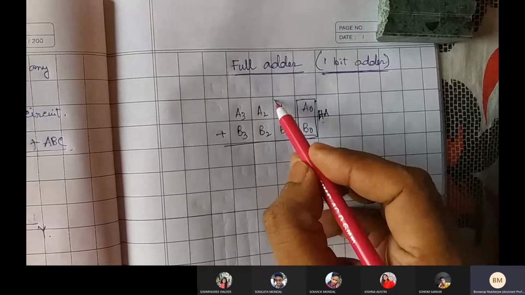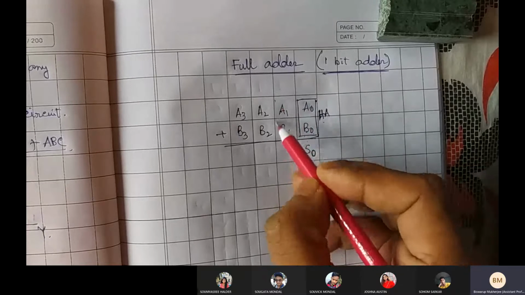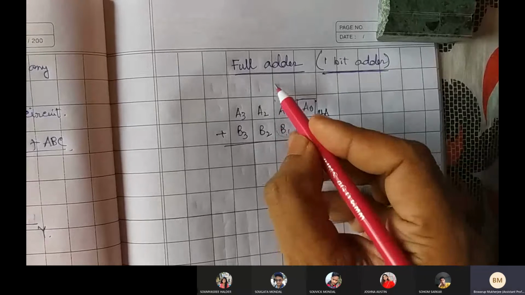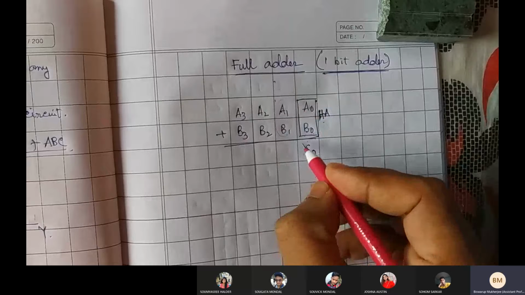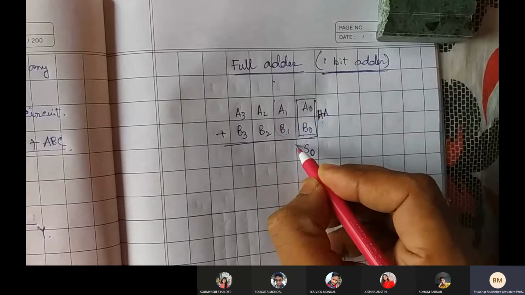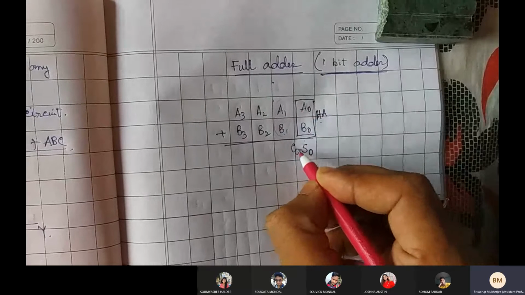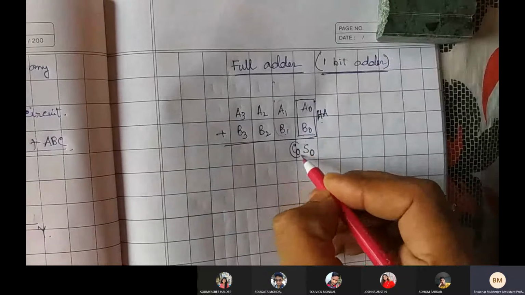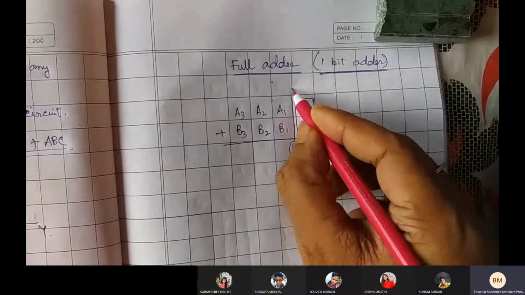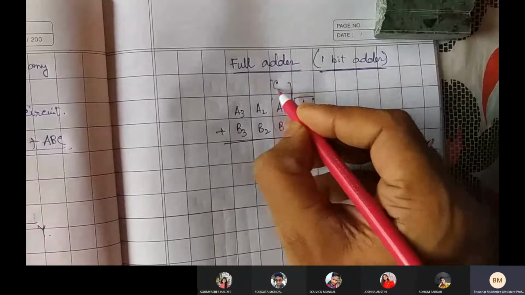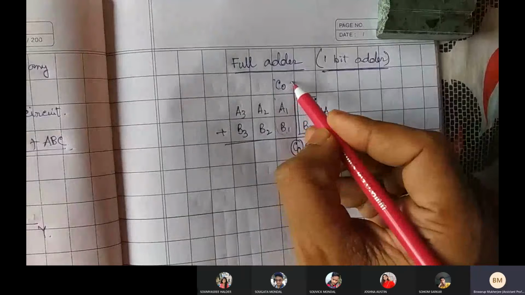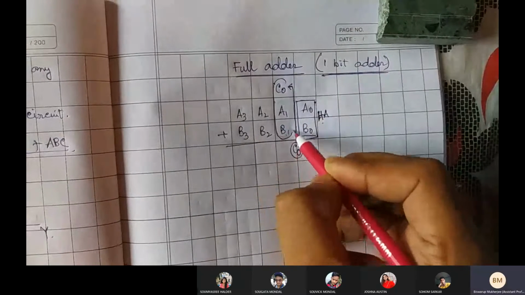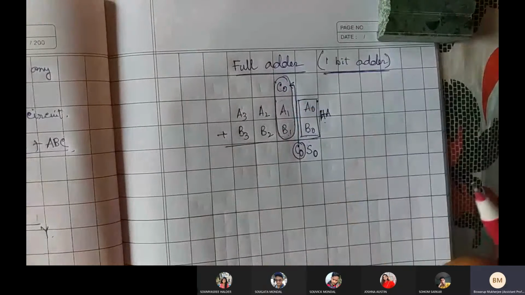So that means only half adder can't be enough to make the next addition. There you will require, so this carry which is generating right over here, maybe one C0, and carry is generating, that particular carry you need to bring up, right? You need to bring it here, C0, and accordingly you need to add these 3, C0 along with A1 along with B1.